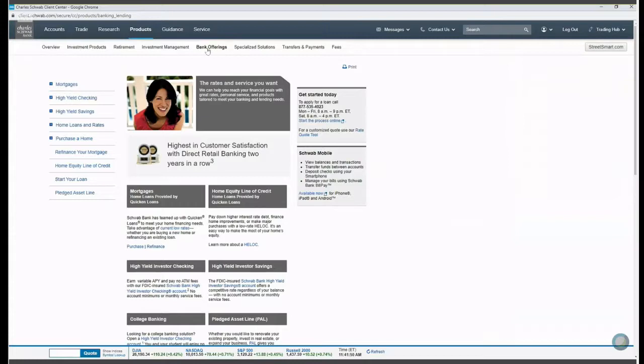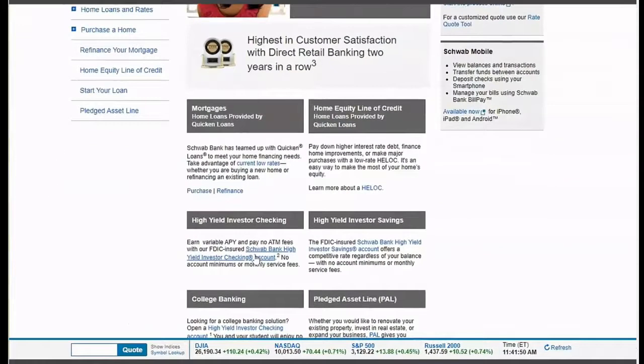The bank is purely geared for our clients. It is a bank for investors. So what that means is we offer checking accounts, savings accounts, and I know our checking account has been rated the top checking account in the U.S. for many years straight. So checking account, savings account, if you need a mortgage, you need a line of credit,